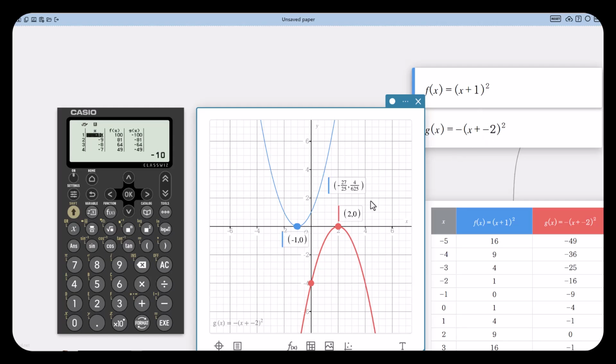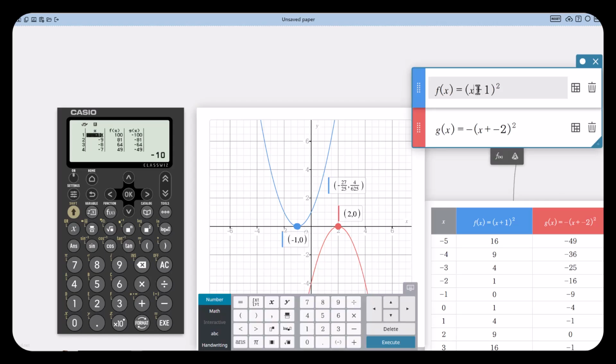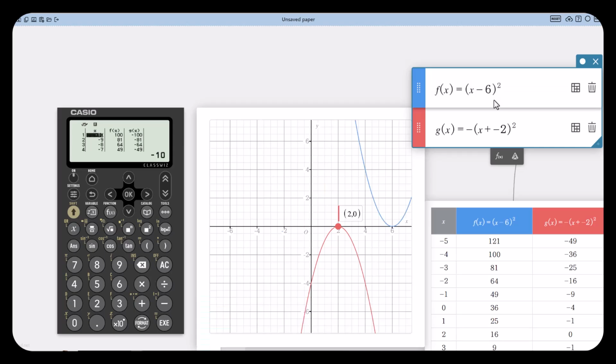Same thing here. So you could keep working with this. Now if we said, okay, what if we want the f of x to have a vertex of +6, 0, what would we have to do? And hopefully they're making that connection. You can come back up here and they say, okay, we have to add a -6 or subtract a +6, however you want to think about it. And there we go. We're at 6, 0. So you can really explore that.